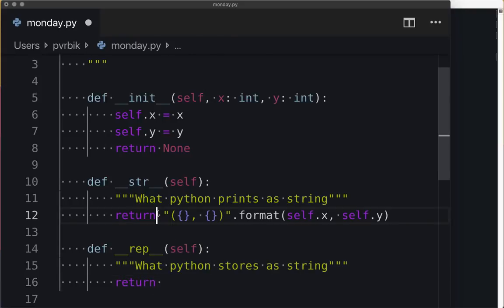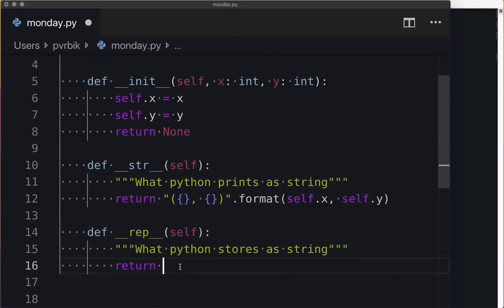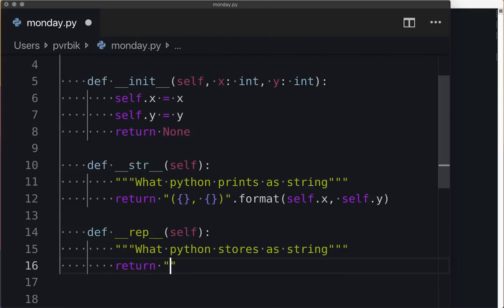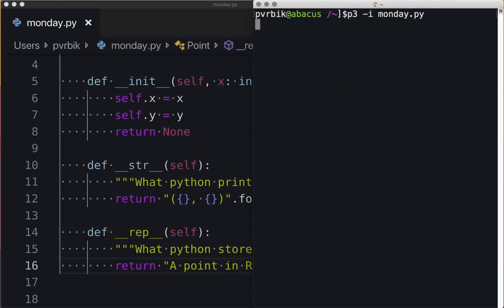So here, I'm going to write something different. A point in R2. Okay, so now I can have an object like P. If I print P, I now get a nicer representation of the point. Right? Honest to God, point from a space. And if I ask for what is being stored,